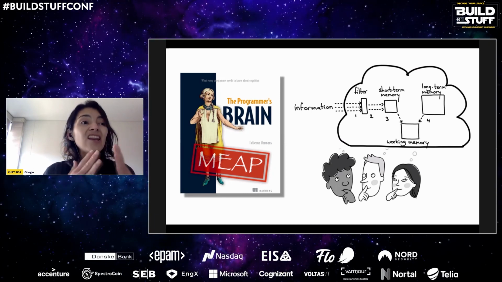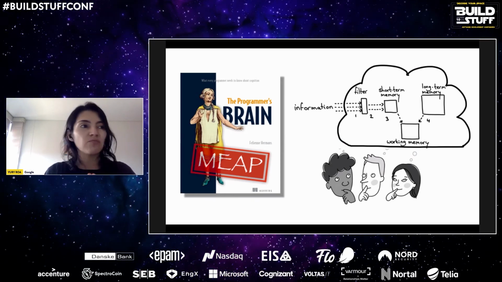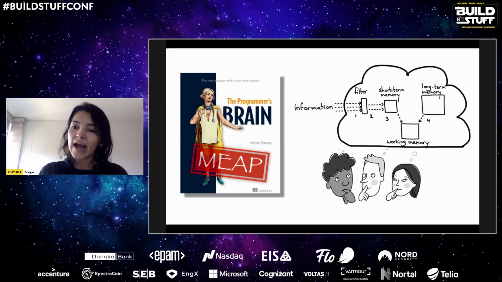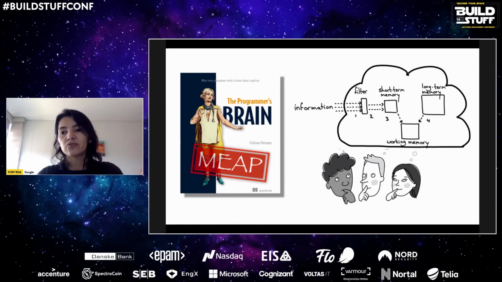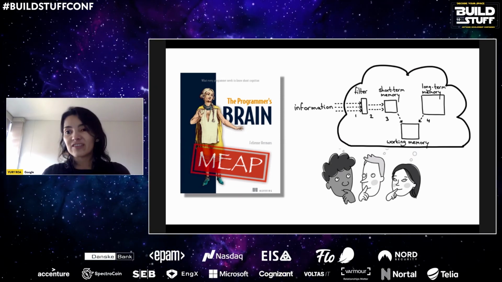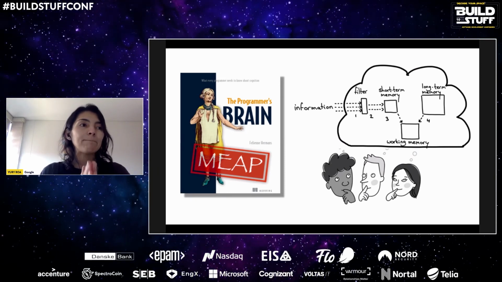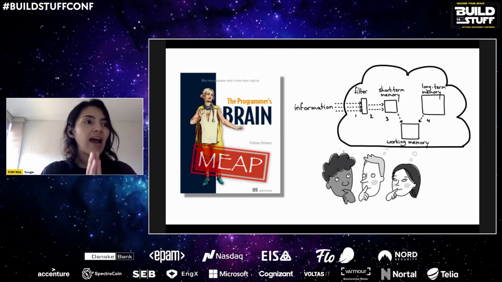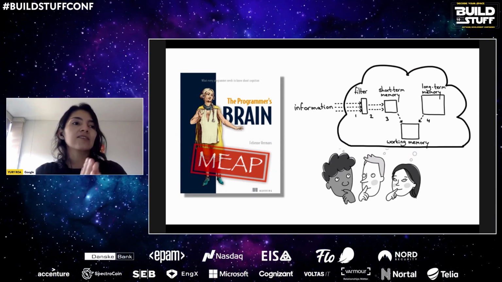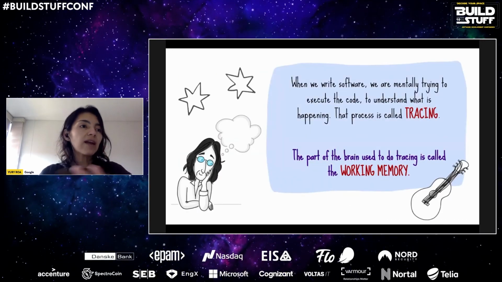Our brain does a lot more while you are building a program. You are mentally trying to debug and execute code to understand what is happening. That also happens when you are facing a failure in production. The mental process for compiling and executing code is called tracing. Just a friendly reminder that the part of the brain used for tracing and other cognitively complex tasks is called the working memory. So when we are building software